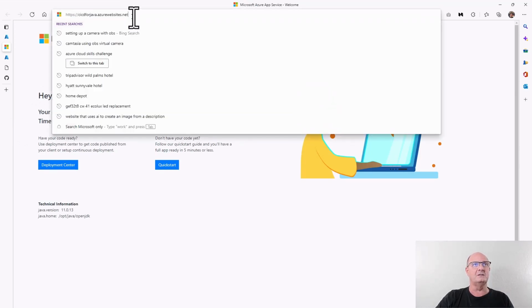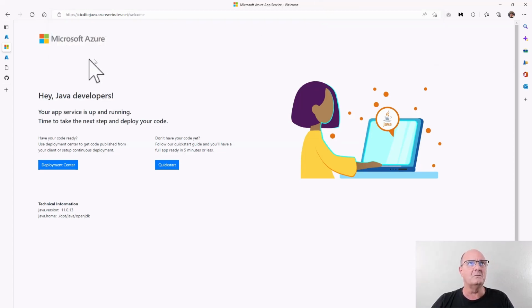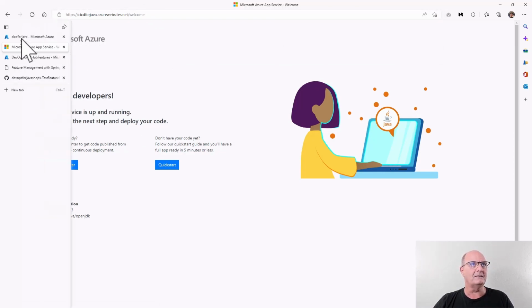developers, this is the screen you get when your code didn't make it to your web app. This is just a blank web app ready to go. It knows it's Java, but there's no code running. And now, because it's a Spring Boot app, there is a default site that we've specified in the Spring Boot app, but still it's not working. So how do we get that to work?